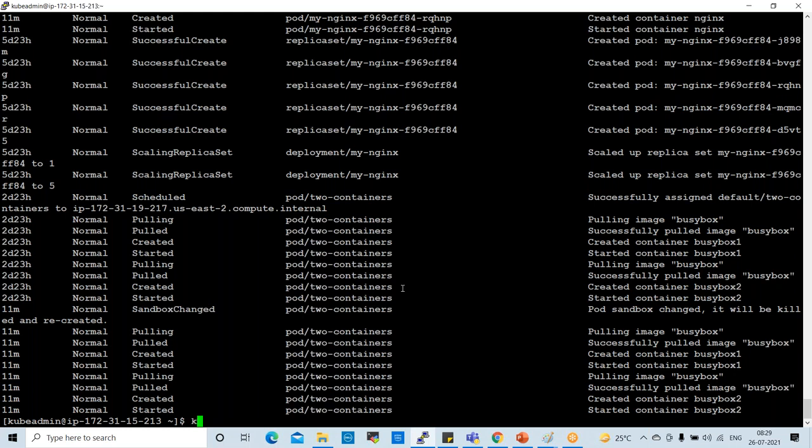Before that, the command to check namespace events is kubectl get event --namespace=kube-system. Enter.